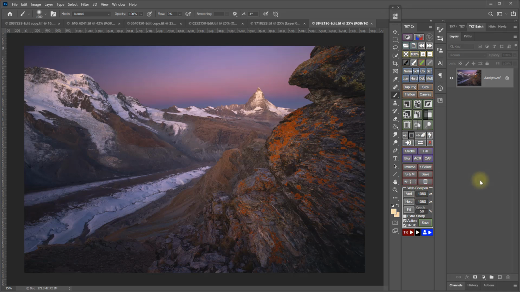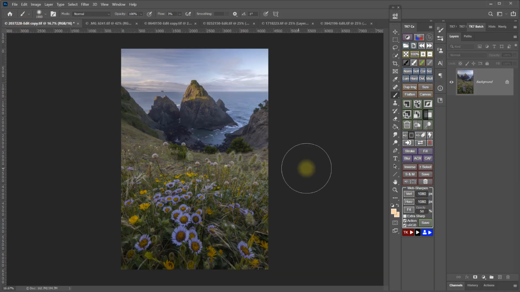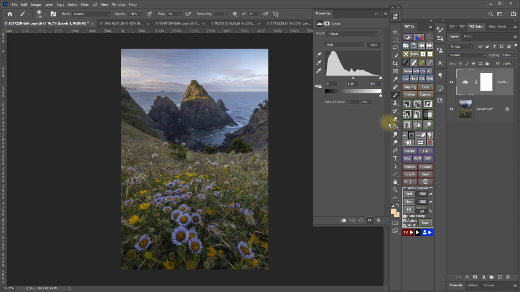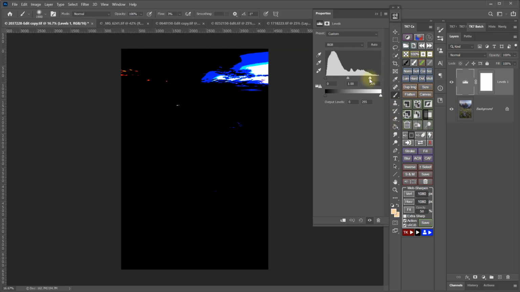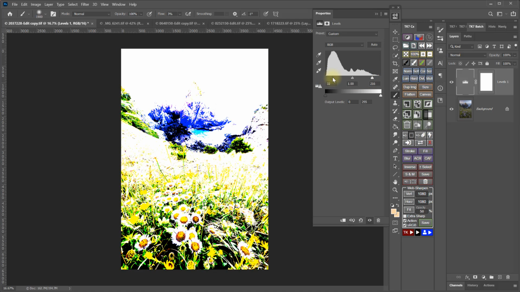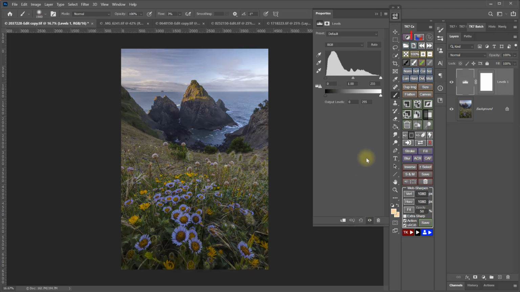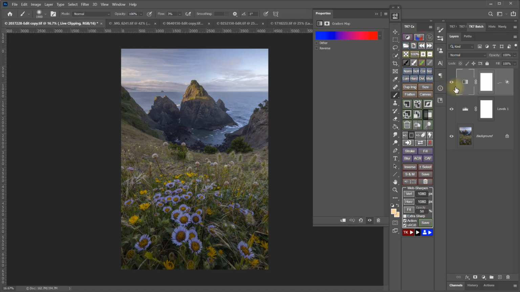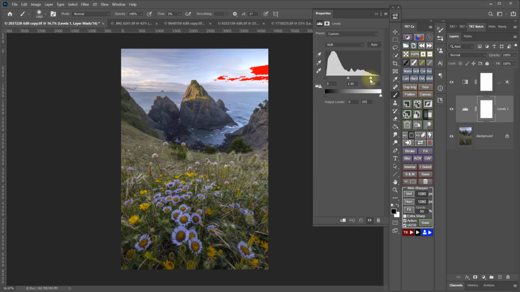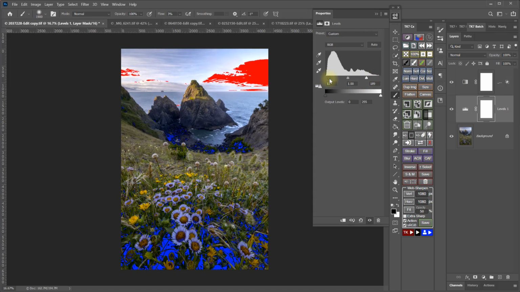Now let's look at how to use my favorite new functions. Traditionally in Photoshop, if you're working with curves or levels adjustments, you can hold down the Alt or the Option key to get kind of a preview or an overlay of highlight clipping and shadow clipping. But as soon as you release the key, then that preview goes away and you can't really see where the clipping is. The new Live Clipping button toggles on a live clipping preview, so not only can you see where the highlights and shadows are being clipped, even when you're not holding down the key to make the adjustment, but